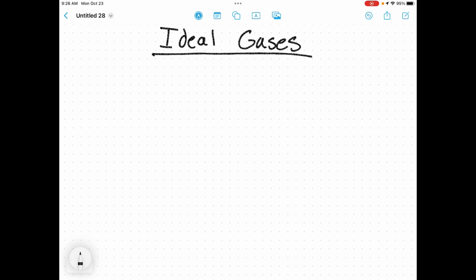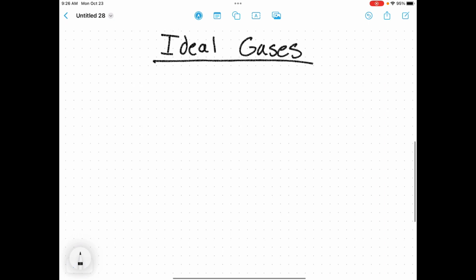So today we're going to be talking about ideal gases. Essentially, we're talking about gases that are in the perfect kind of conditions. Gases are one of the more interesting topics for these states of matter. When we talk about gases, we talk about three characteristics that a molecule has, that if they have them, we can say that they are gases.